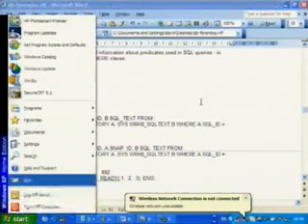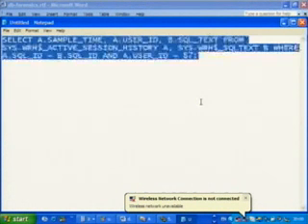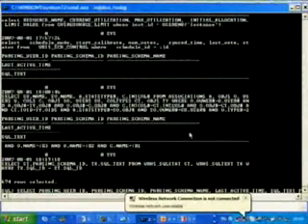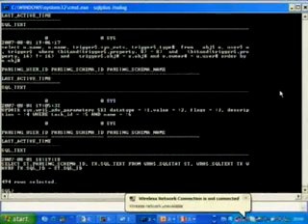Let me put it in Notepad so you can see it clearer. So you can see here we're specifying the user ID. Let's say the user account with that user ID, we think it's been compromised. We can basically go through these things looking for actions that they may or may not have taken. So let's do this. You can see we're dumping out select statements here. Funny enough, the statement we've just run, because it took a long time, is now in there. So we can see an update has taken place, and some trigger thing has taken place.